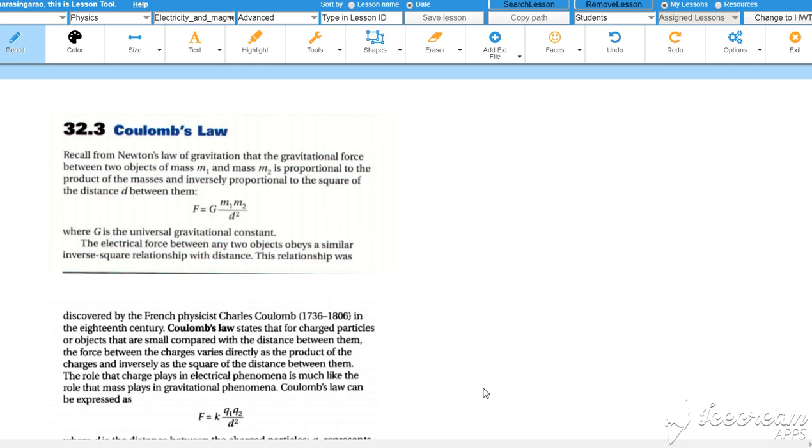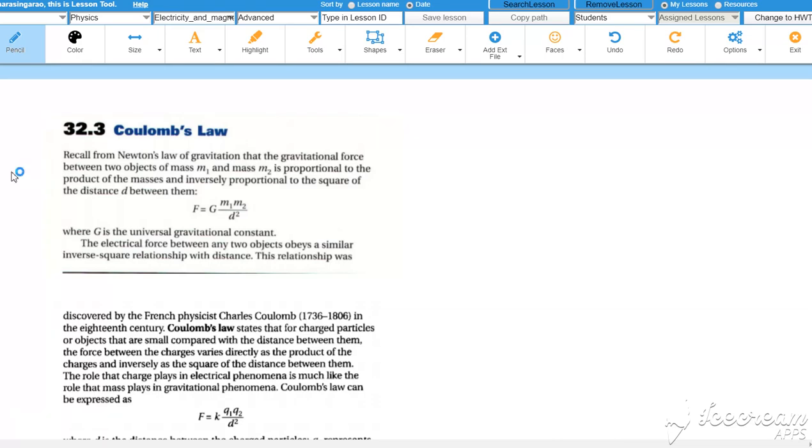Back to physics lesson. The topic here is electrostatics. In the last video, I discussed charges, attraction and repulsion: like charges repel, unlike charges attract, and charging is done by three processes: contact, induction, and friction.